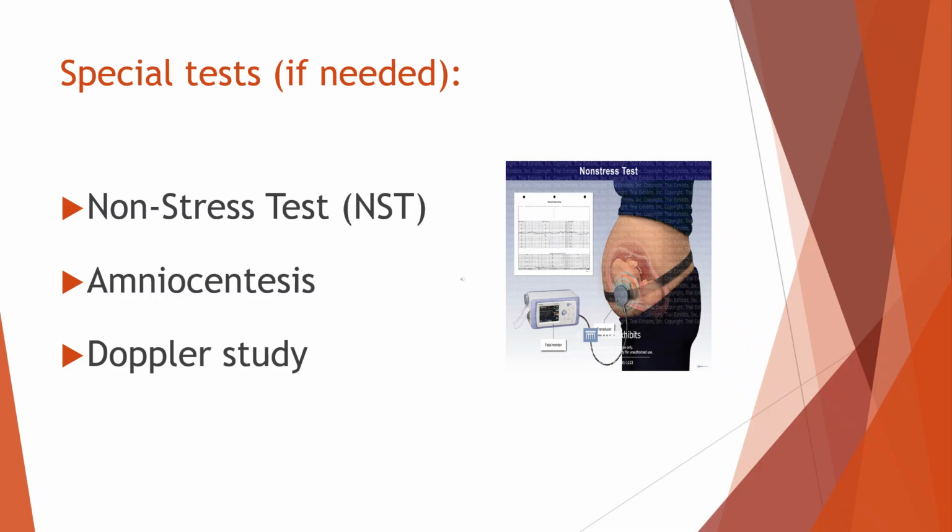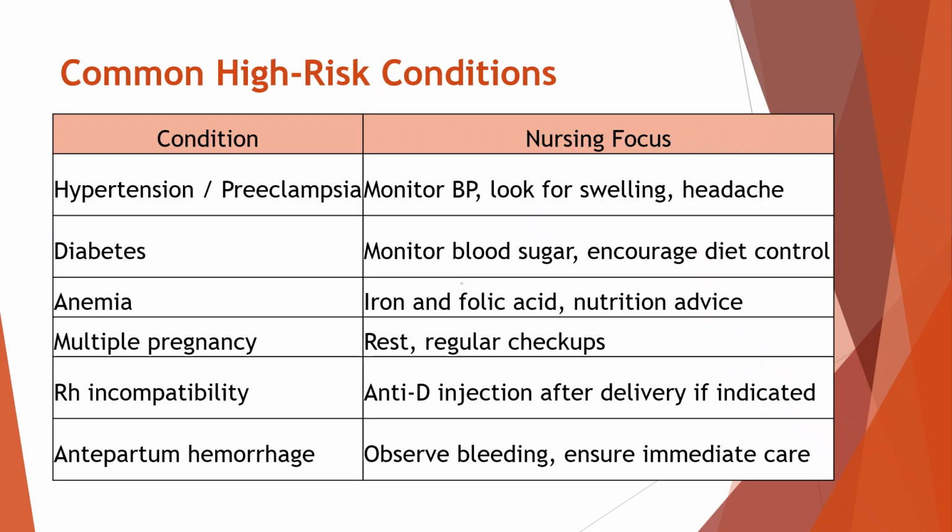Doppler study. This test uses sound waves to measure the blood flow between the mother and the baby through the placenta and umbilical cord. It helps to find out if the baby is getting enough oxygen and nutrients for proper growth. Now let's talk about some common high-risk conditions during pregnancy and what nurses should focus on while caring for